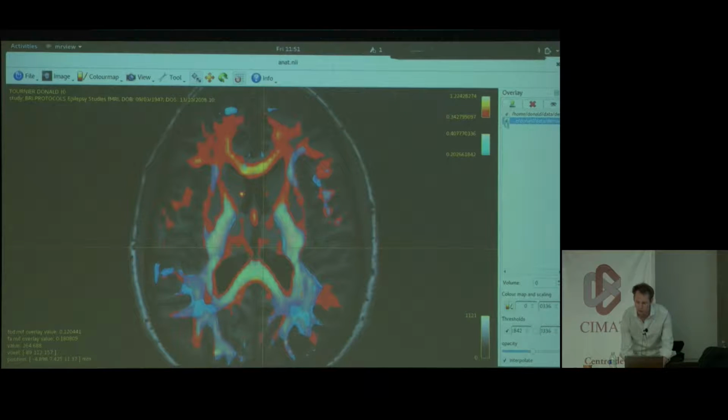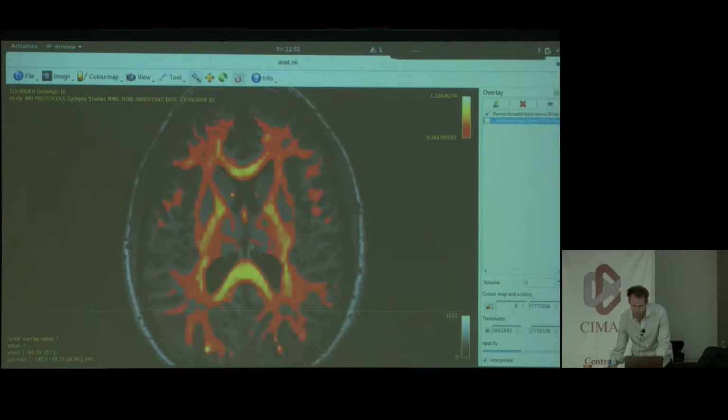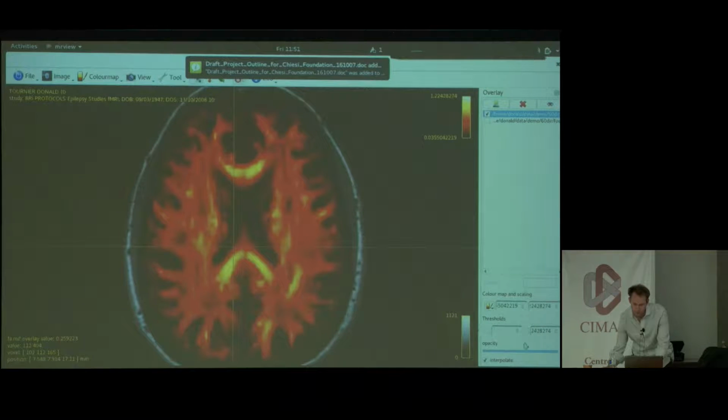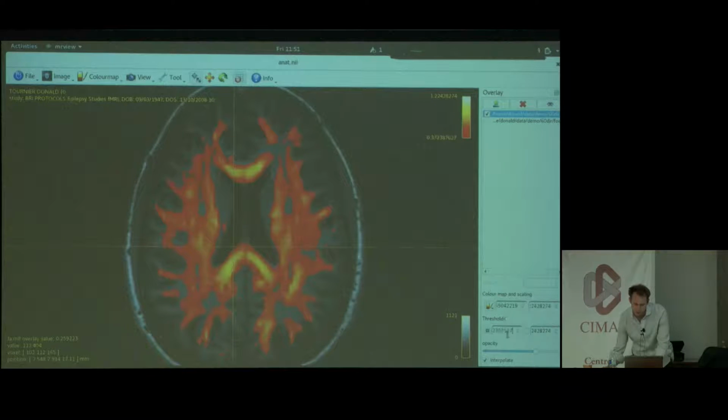So here, for example, I've got an overlay of an FA map, and I can apply a threshold at some value. Hang on, that doesn't work at all. Hang on, there we go. Sorry, the threshold's being applied to the wrong image. There we go. And you can obviously make your overlays transparent, but if you apply a threshold, then you can obviously figure out, if it's a t-value map, exactly where you want your thing to have,